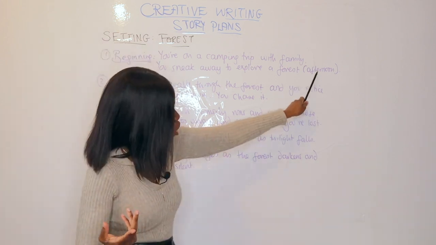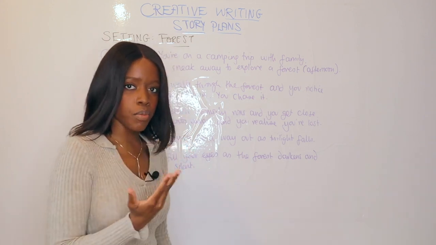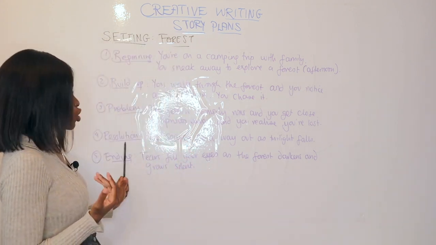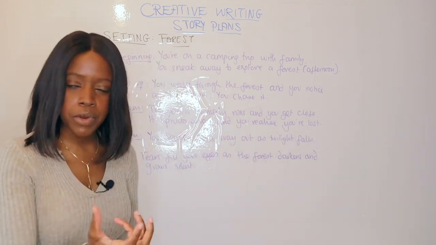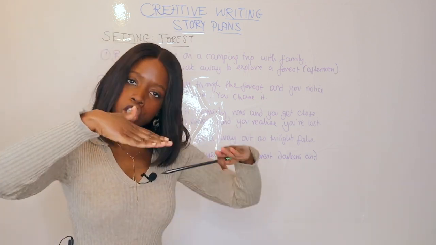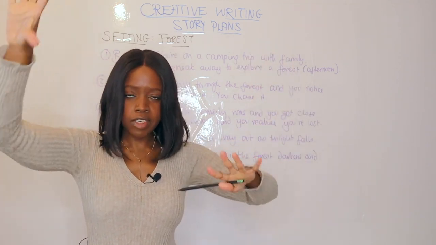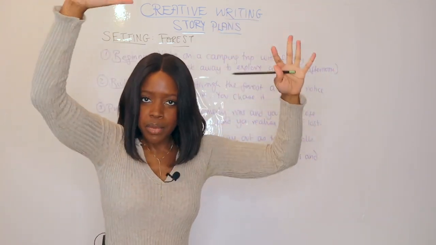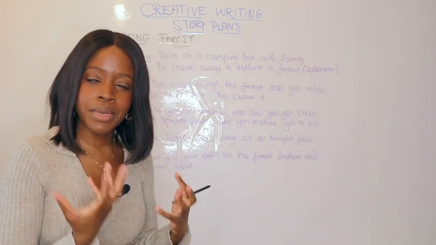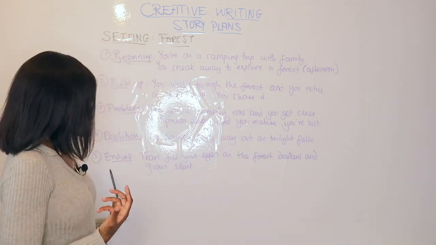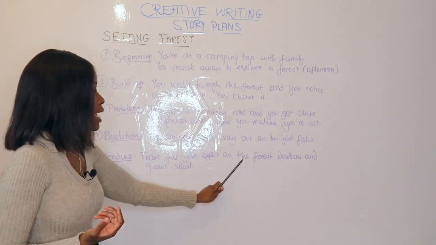Now, you had started in the afternoon. This is where you can use pathetic fallacy to really change the tone and make it a little bit more scary, because in your resolution paragraph, you search for a way out as twilight falls. Twilight is that period of time as the afternoon falls just before it gets dark. So the sky has this explosion of colors: lavender, cobalt, amber, but the forest is darkening, and you're realizing that if you don't find a way out soon, you might be trapped there. And the ending could go from you being really happy and excited to tears filling your eyes as the forest starts